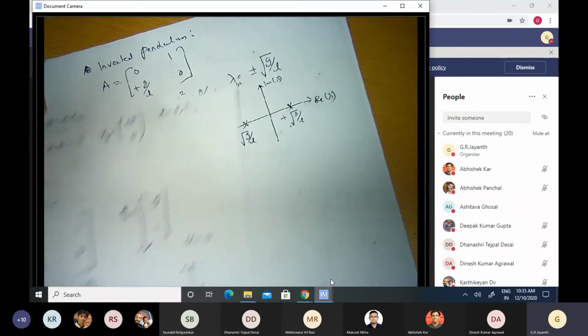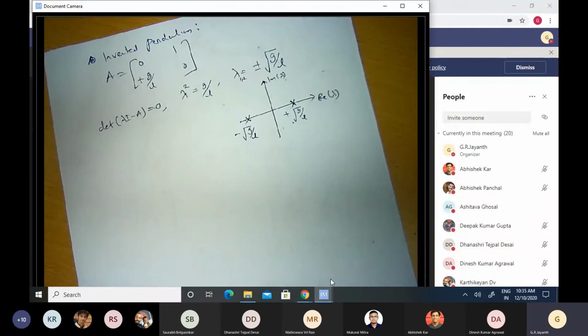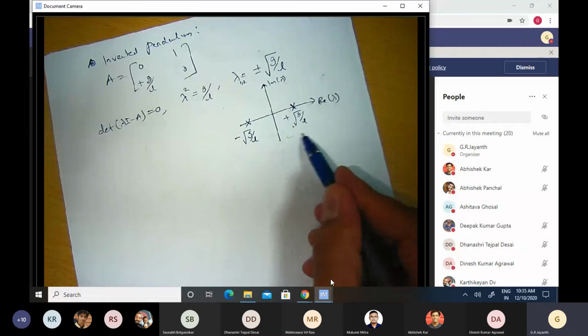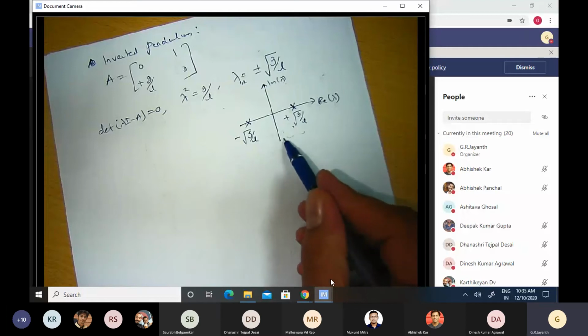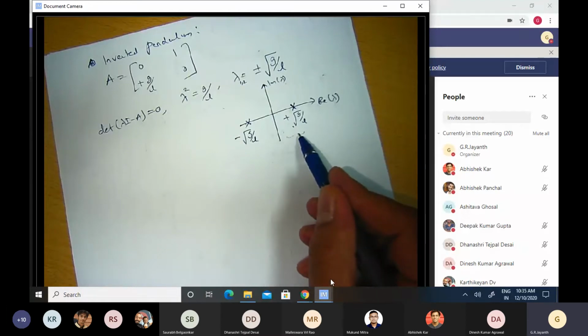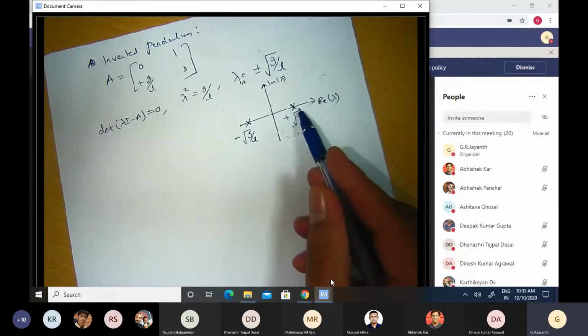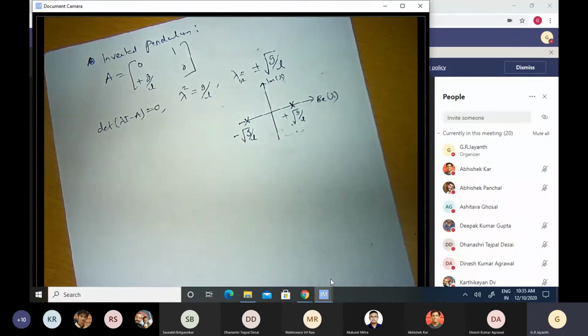Whereas if I have an inverted pendulum, even a small perturbation from its equilibrium point will get the pendulum to completely flip over. So it will move away from the equilibrium point, and one way of understanding that is that one of the roots of the characteristic equation is positive. One of the roots lies on the right half of the complex plane, and you have an increasing exponential response associated with that, and that response is what takes the state of the pendulum away from its equilibrium point.